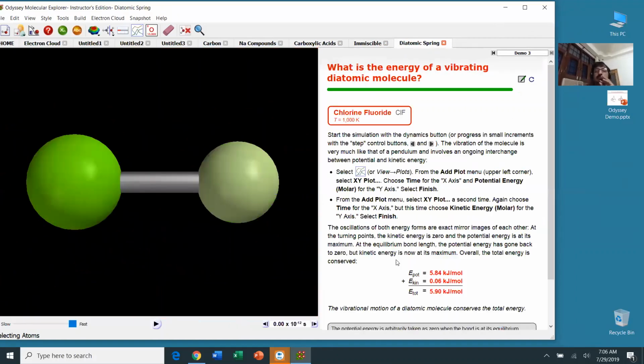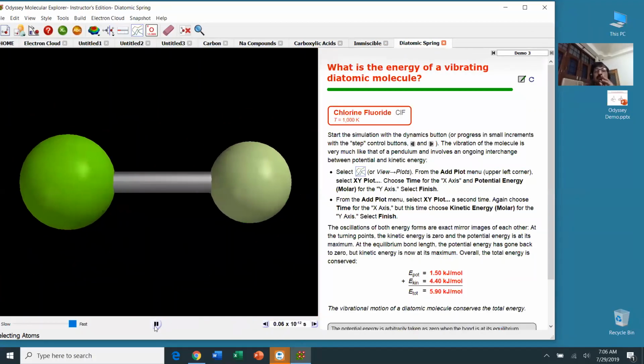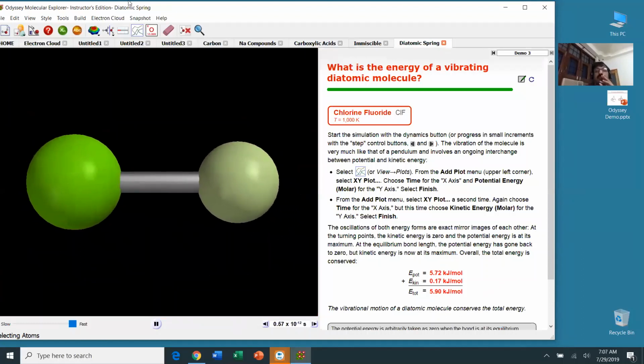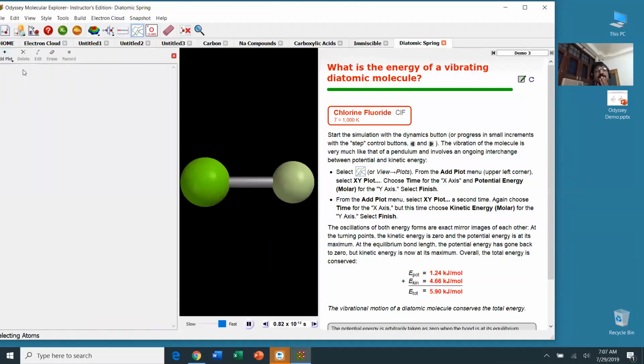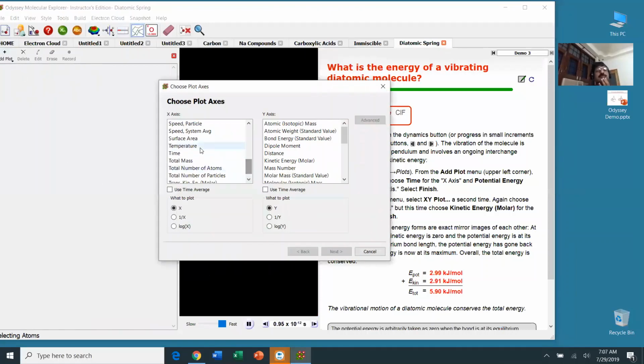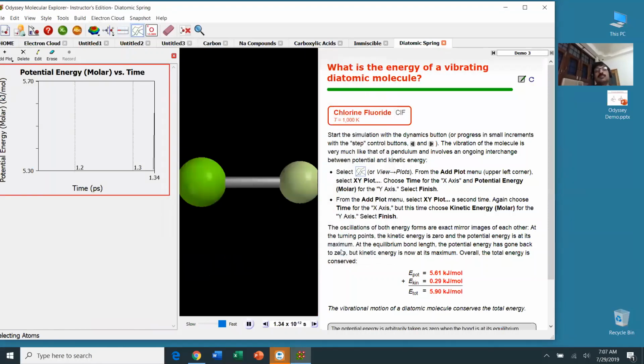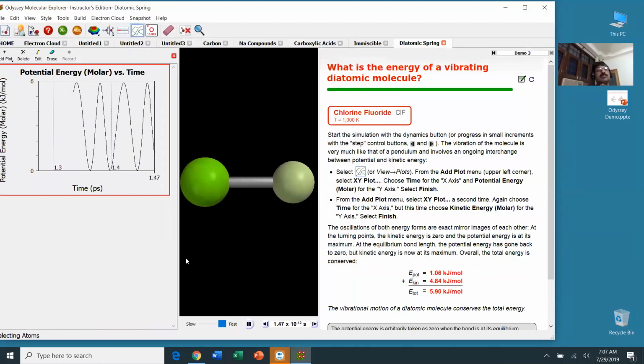And here, number 3, what is the energy of a vibrating diatomic molecule? This is a little bit almost like a physics class. Here the computer measures the potential and kinetic energy. You have a classical vibrating sphere. I can also make an XY plot. If I put the time on the x-axis, and let's say I put the potential energy on the y-axis, you can see